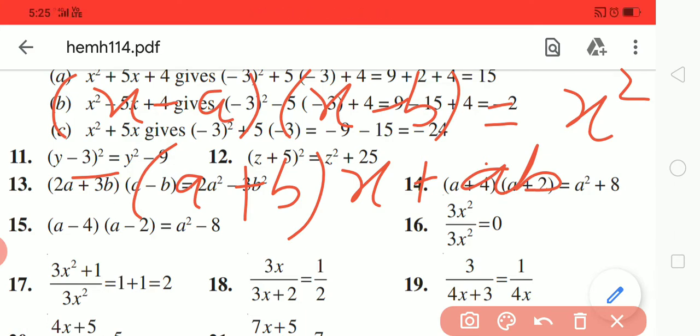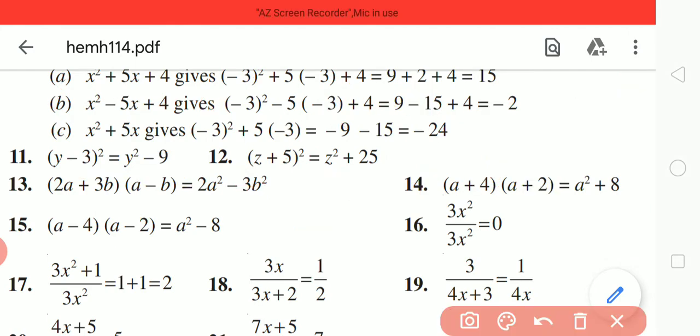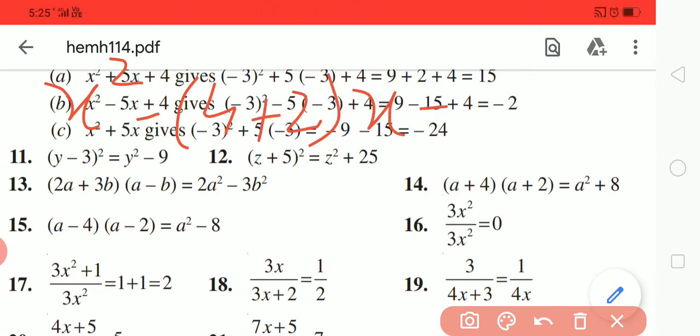So let us put in the values. Instead of x we will use a, instead of a we will use 4, and instead of b we will use 2. So this must be equal to x square minus the constant terms 4 and 2, we will add them, multiplied with the variable, plus 4 into 2.